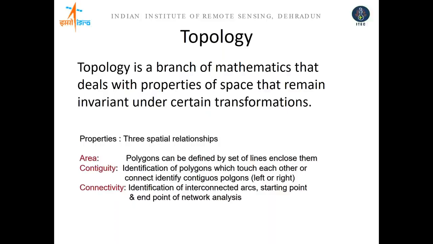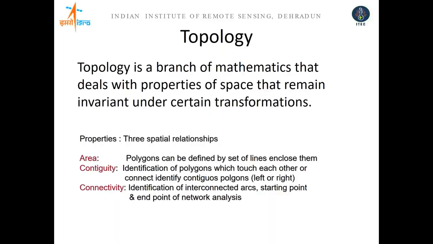If you ensure that all the three spatial relationships are there, because when you talk about area, if it is a closed polygon, it will be an area. When you talk about contiguity, it means what is on the left-hand side, the neighborhood relationships and the connectivity. If you are talking about line topology, the starting node and the ending node. If you have all these three relationships intact with you, then the topological model